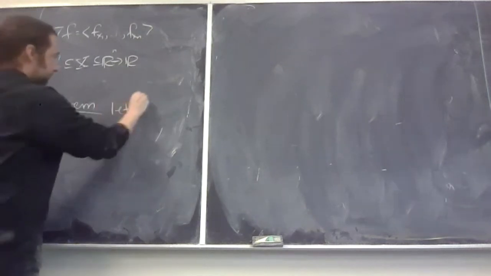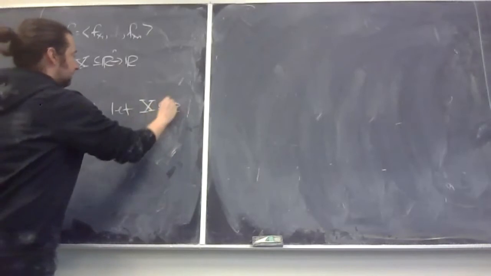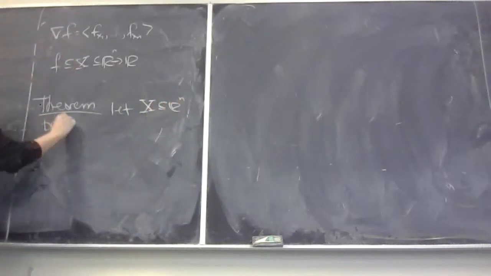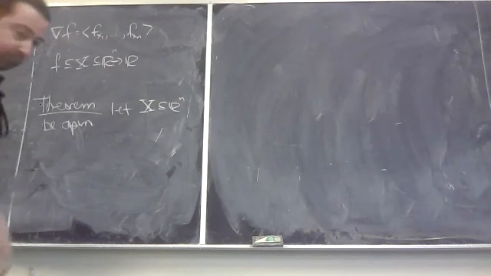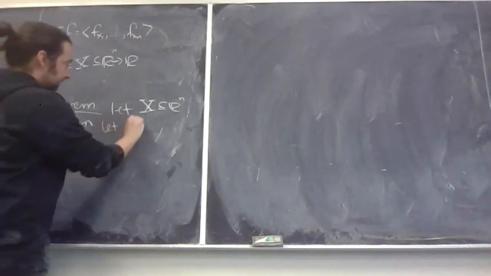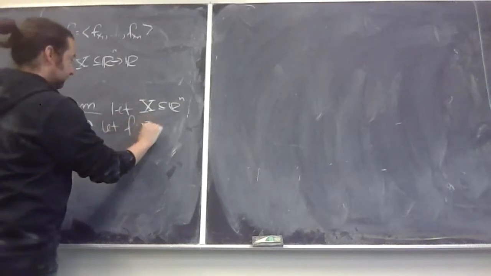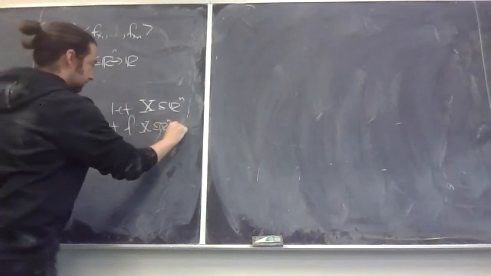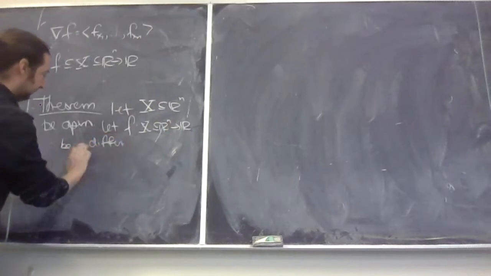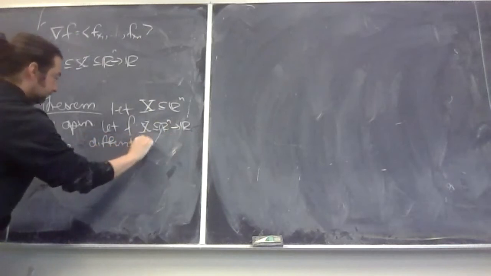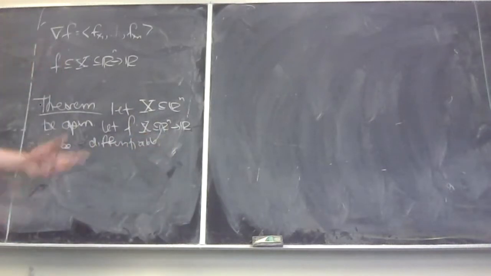Let X contained in Rn be open. Why are we constantly writing this condition about openness? Because I'm trying to pound it into your head. Differentiability only works on open intervals or open domains, right? Stay away from boundaries with these methods. Let X in Rn be an open set, and let f taking X in Rn into R be a differentiable function. Differentiable. Then we get the remarkable result